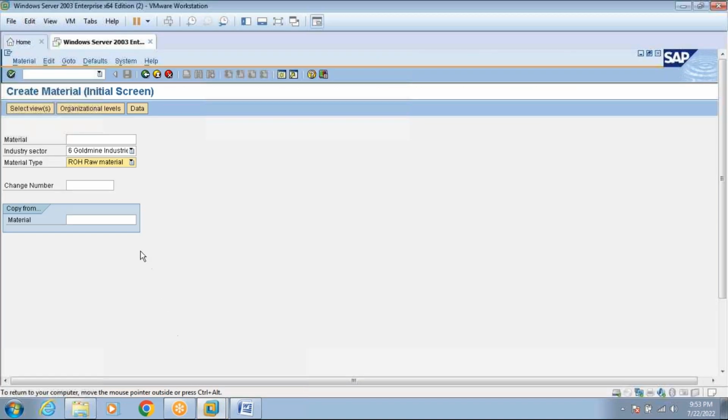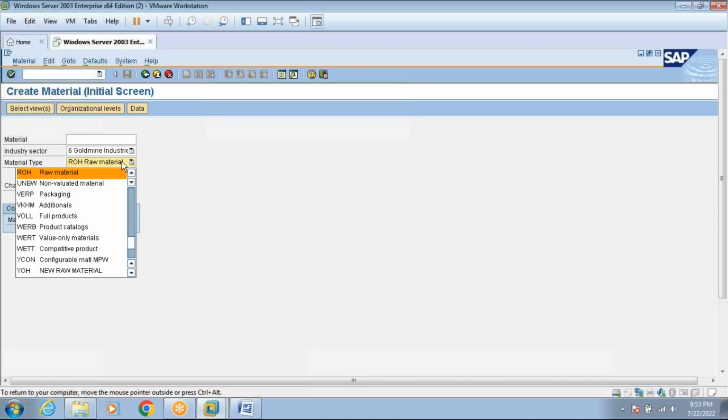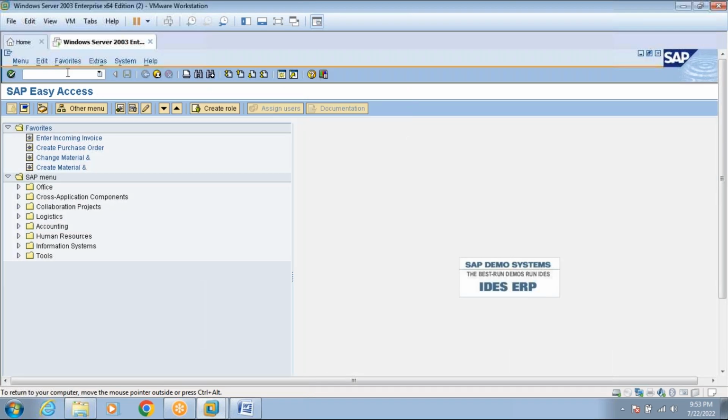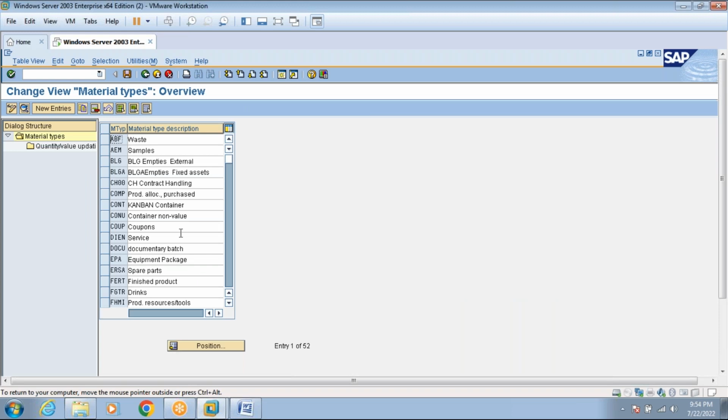Let's say we'll create some other material type starting with either Y or Z. PIP is the pipe. So I'll go to OMS2 and copy this pipe.